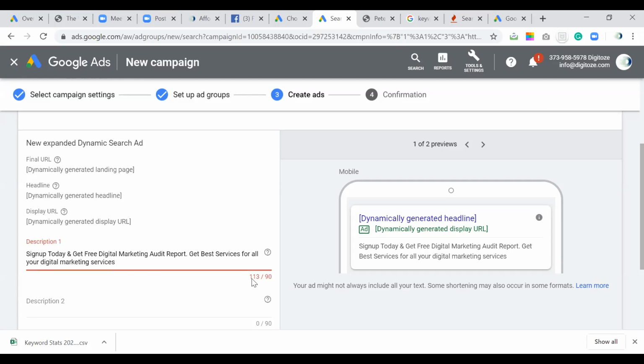Now the moment it exceeds, it is showing in red and it will not accept. So what we have to do is reduce it till it goes down to 90. Right now it is getting only till this level, so we have to customize it. Get best services.